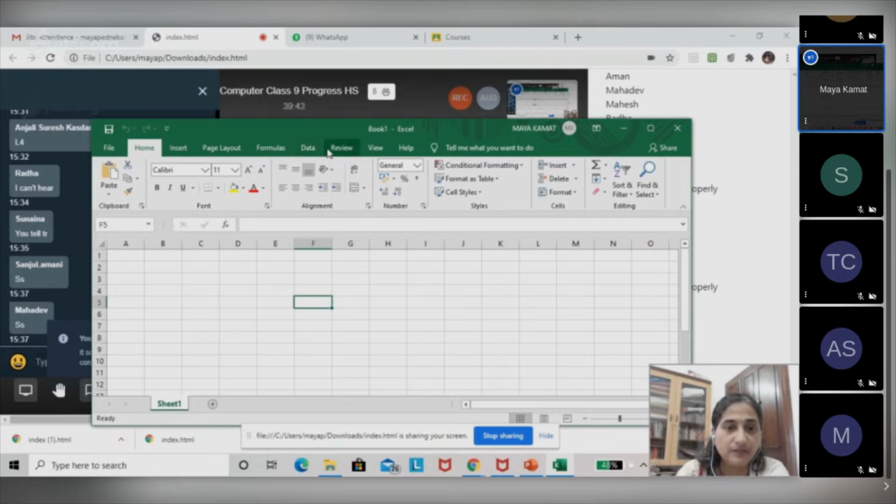Right? Okay. Then, to begin with, the first bar where you see Book1 dash Excel is telling you that Book1 is the name of this file. Excel is the type of package in which you are working. So if you had opened PowerPoint, it would be shown over here. Whichever package it is, it displays in the title bar. Now, this Book1 is the default name. A default name is something that comes on its own. You're not giving the name here. That means you have not yet saved your file. Hence, the name is Book1.